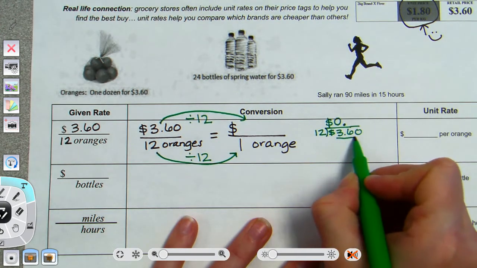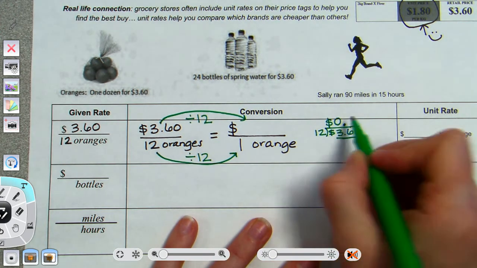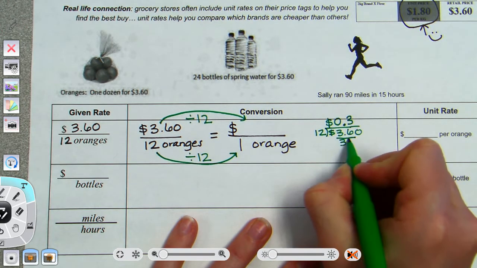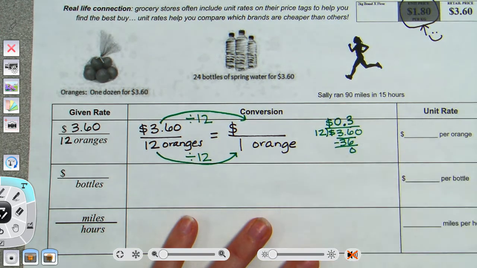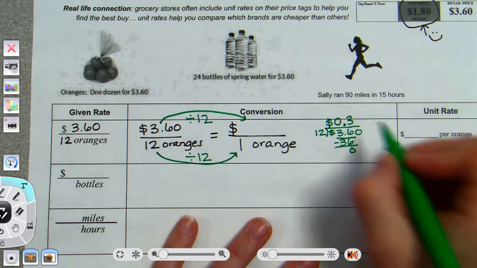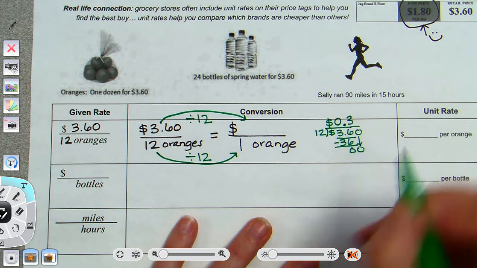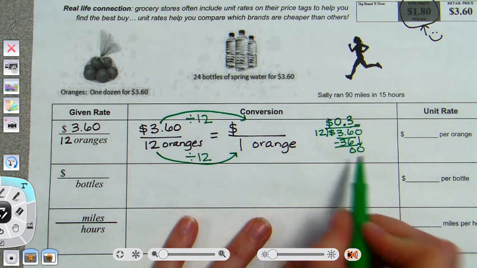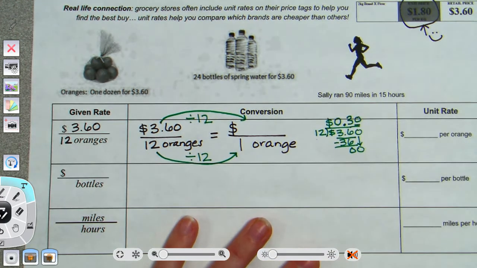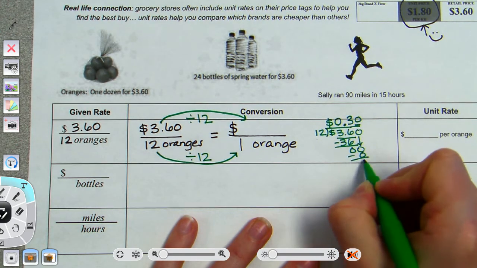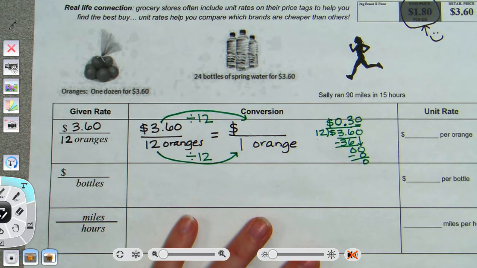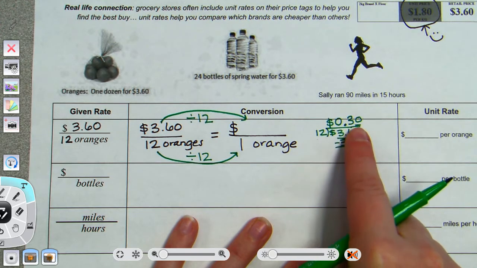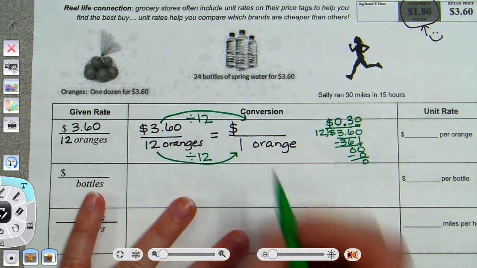Now I'm expanding my thinking. How many 12s go into 36? I know that it's 3. 3 times 12 is 36. And when I subtract, I got no leftovers. I still have another step though. We're going to bring down this 0 because I need to fill up this seat as well. How many 12s go into 0? That's easy. 0. 12 times 0 is 0, and there's still no leftovers. So the answer that I got, taking my price and dividing by 12, it gave me an answer of 30 cents, or